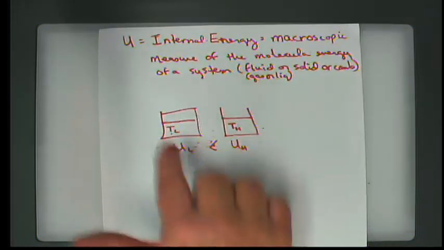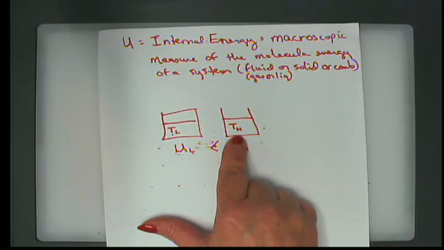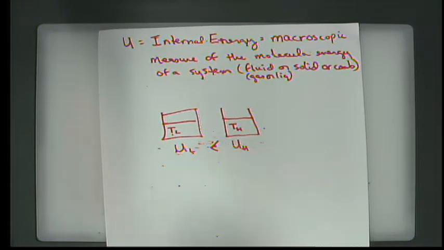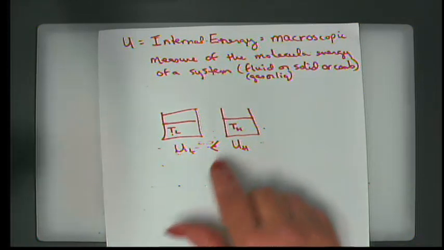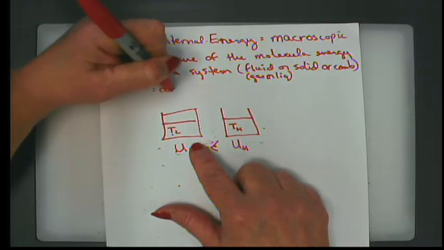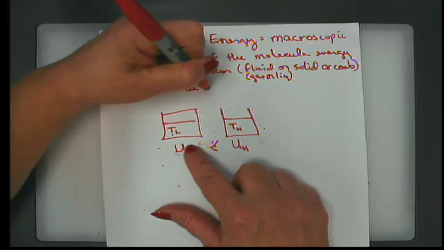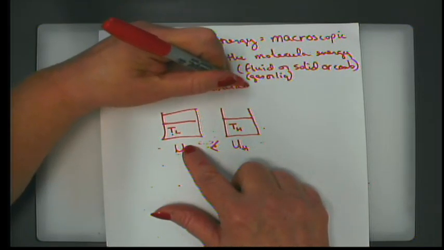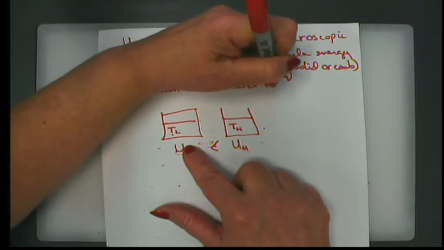But there's a bunch of different things that figure into this. One of them is that the molecules of hot water are just moving more quickly. They're vibrating more quickly and they're rotating more quickly. They just have more energy associated with them. And the internal energy of that system is just a measure of all of those things put together. So in general, internal energy can be tabulated. In other words, we can assign values to it for a particular